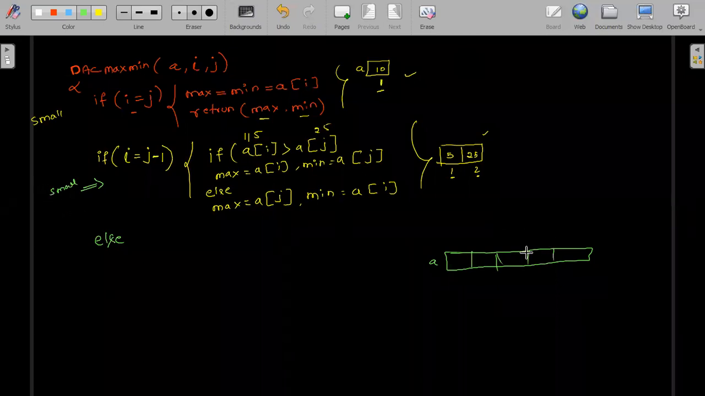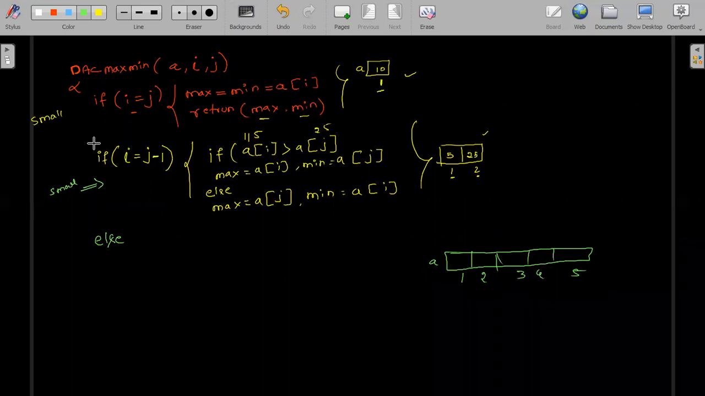Now what is that? It is a big one. So it's a big problem. You can see this is a big problem. So we have index 1, 2, 3, 4, 5. It's a big problem. Now what we have to do, basically in divide and conquer, we're going to